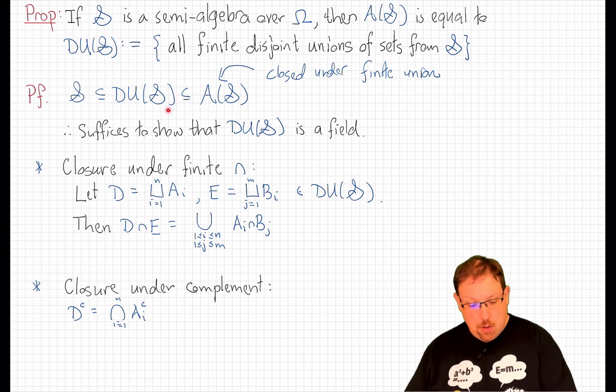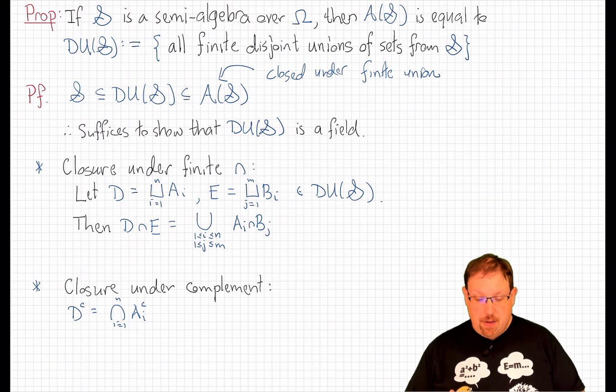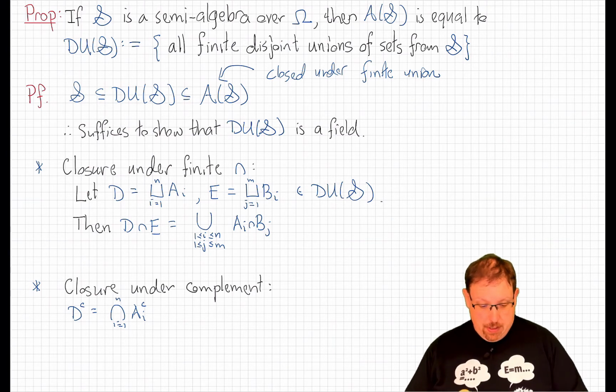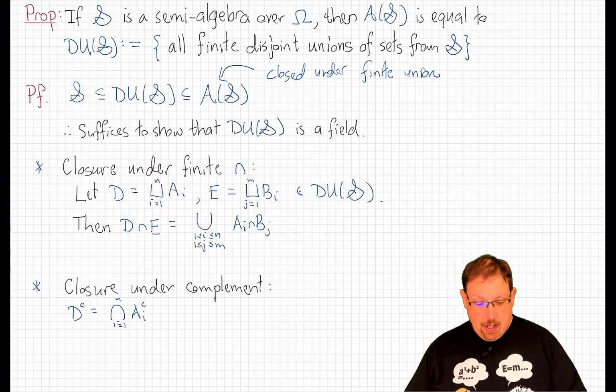So we must show that this is a field. How do we do that? Well, we just have to revert to the definition and show that it is closed under finite union or intersection, which will be more convenient in this case, and complement. Let's start with intersections. Suppose that I have two elements, D and E, that are in the set du of